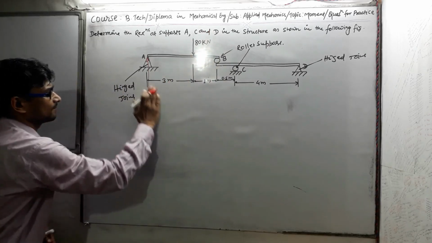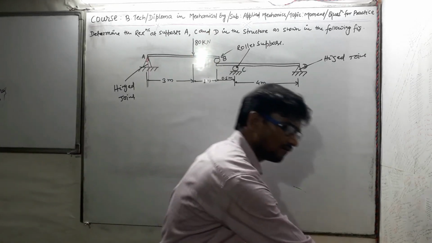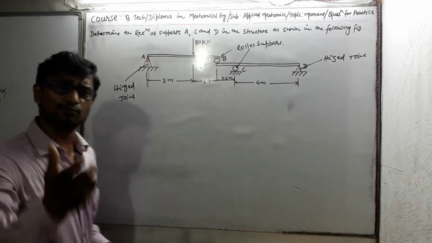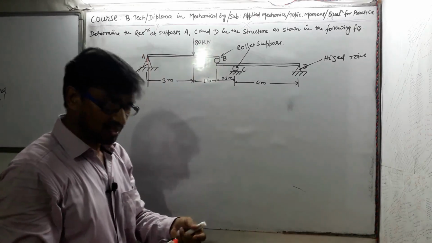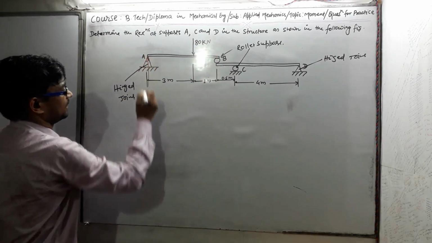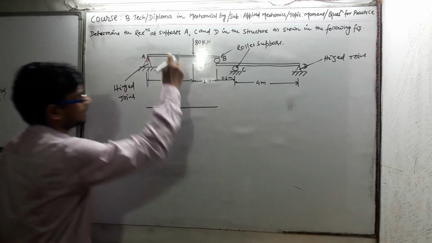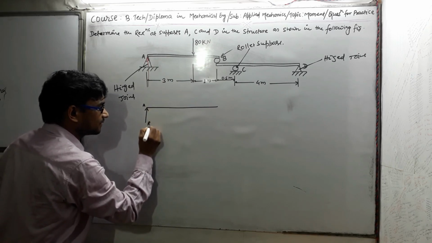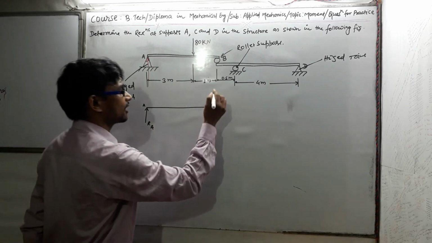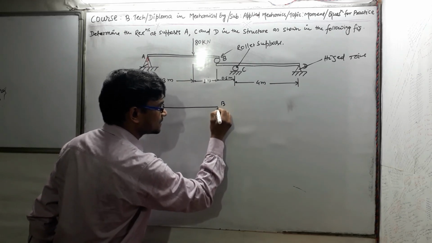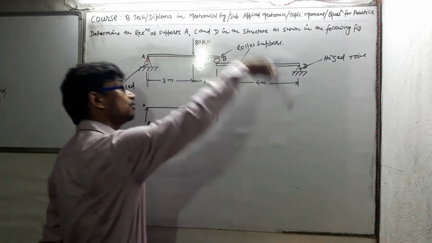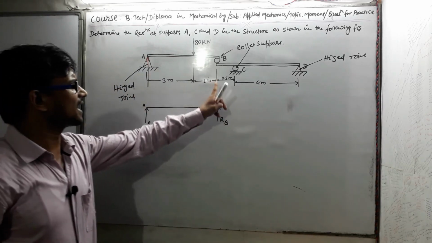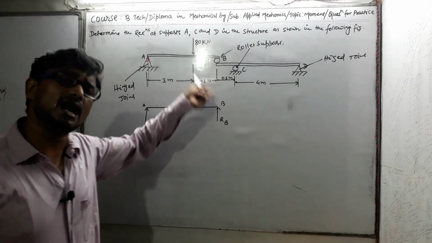So I am drawing another free body diagram for the upper beam. If I construct the free body diagram for the upper beam AB, it would look like this. For beam AB at point A, the reaction force would act in the upward direction, and at point B a reaction force must be applied by the lower beam upon the upper beam as RB. I am assuming the reaction force at B is in the upward direction.